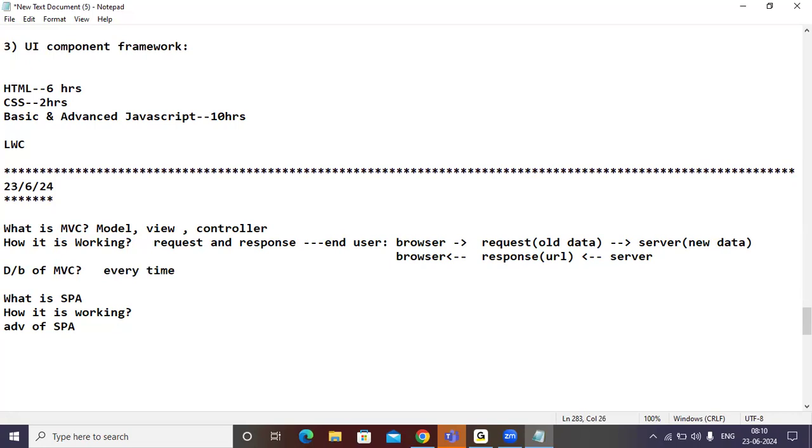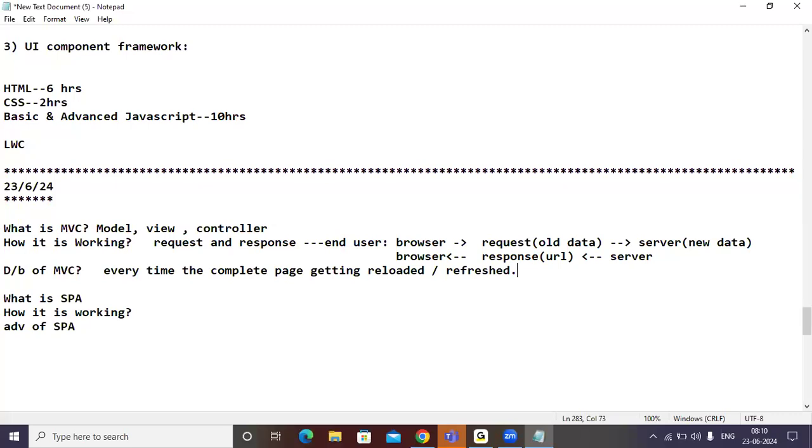Every time the complete page is getting reloaded or refreshed. I gave the cricbuzz.com site as an example also, right? Every time the complete page getting reloaded or refreshed. Correct or not?